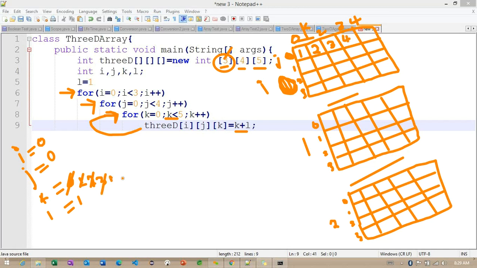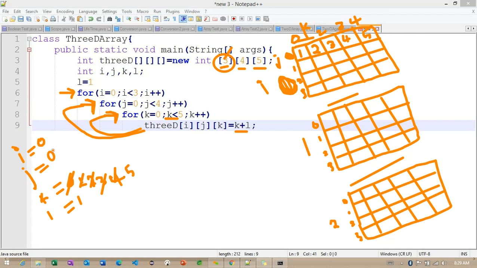Now I'm checking with 4, because the loop is repeating. Getting the point. 4 less than 5, the condition is satisfying here. Once the condition is satisfying, the value we are initializing with 5 here. But now 5 less than 5, the condition is failing. Once the condition is failing, where will it go? It goes to the next outer loop here, where we are having the J loop.